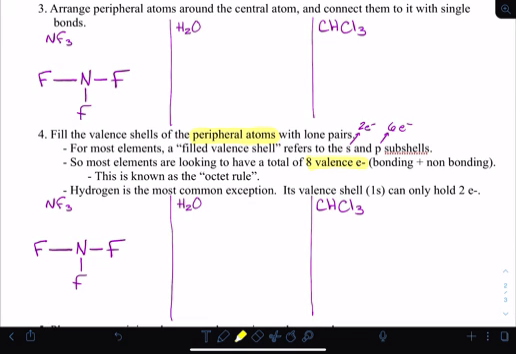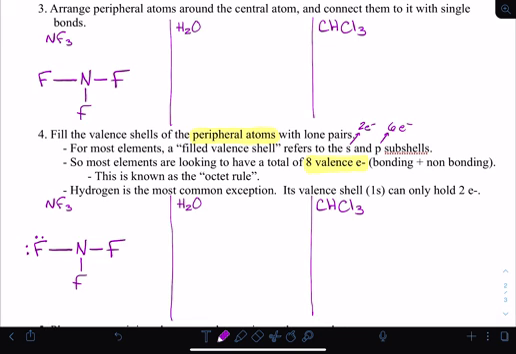This is often referred to as the Octet Rule, that you will most commonly see. Most atoms will end up with 8 electrons around them between bonding electrons and lone pairs. So right now, if we look at our peripheral atoms, this fluorine atom is involved in a bond. That means these 2 bonding electrons are available to it. So in order to get to a filled valence shell of 8, it needs 6 more electrons, or 3 lone